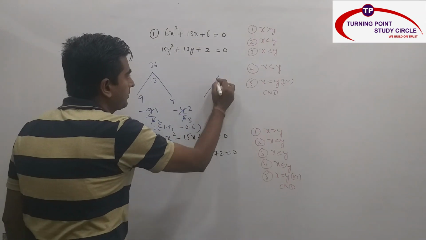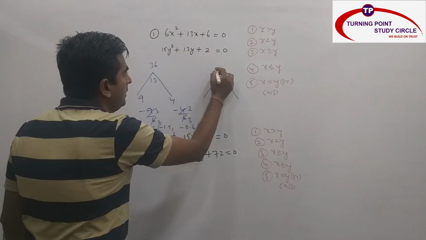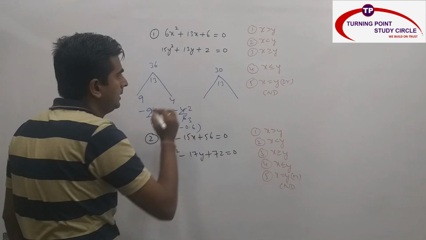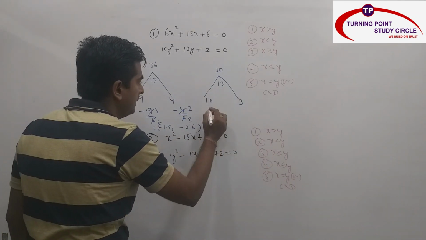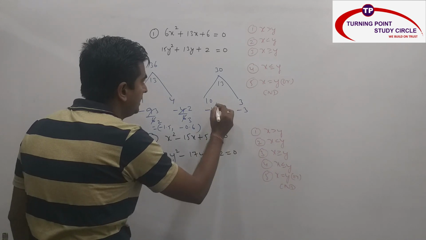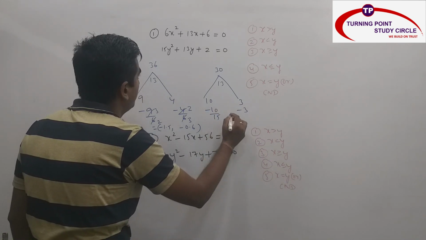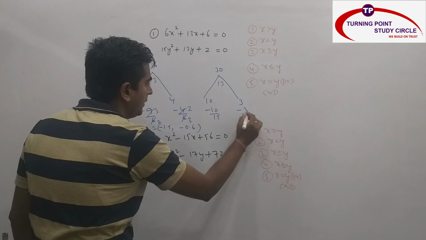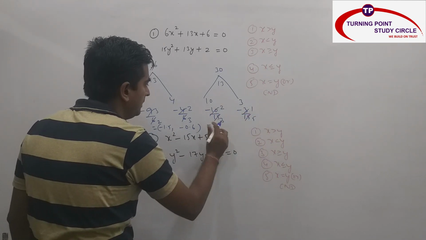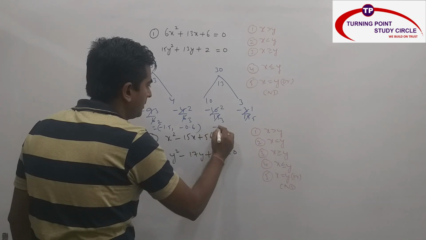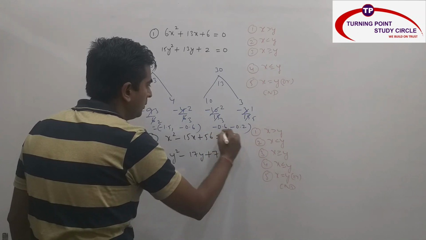Come to y. So plus 15 into 2 is 30 and this is plus 13. Again find out the two numbers. So it is 10 and 3. So plus 10 plus 3. Change the sign, minus 10 minus 3. Divide by coefficient of y square 15, and here also 15. 5 2s are 10, 5 3s are 15, 3 1s are 3, 3 5s are 15. This is minus 0.6 and this is minus 0.2.